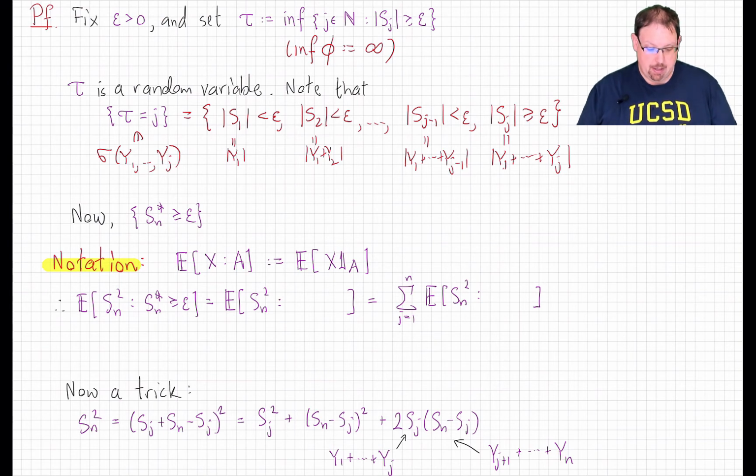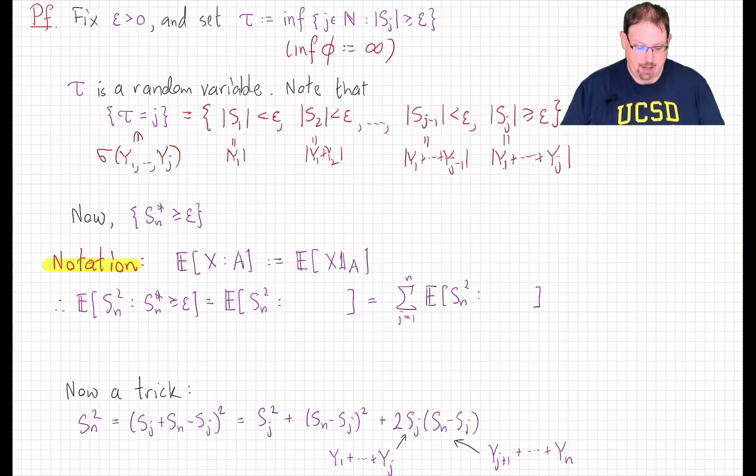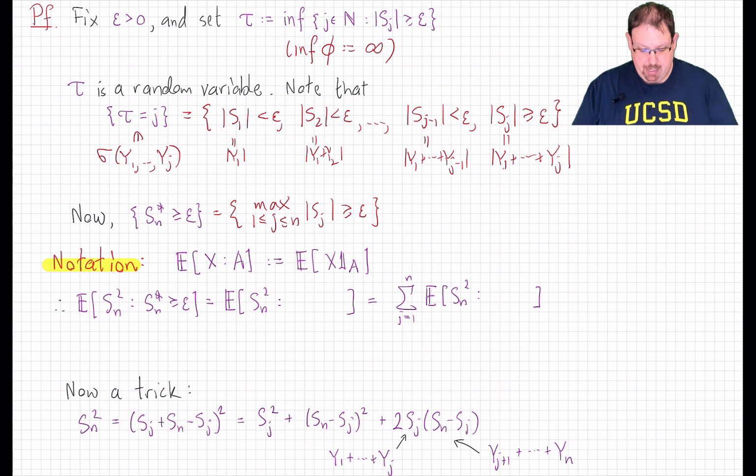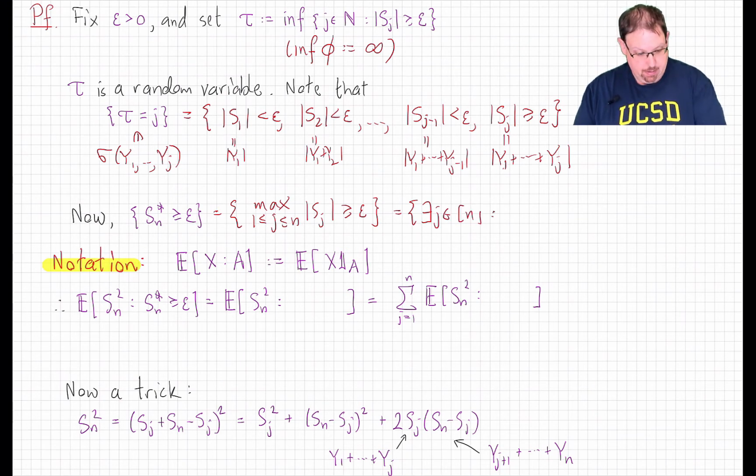Now, let's look at the event that we're interested in, the event that the maximum Sn star is bigger than or equal to epsilon. Well, the maximum being greater than or equal to epsilon means that there exists some j between 1 and n for which the absolute value of Sj is bigger than or equal to epsilon.